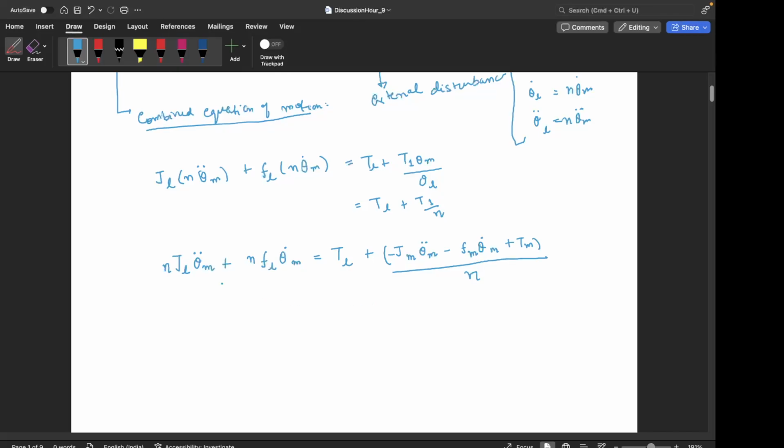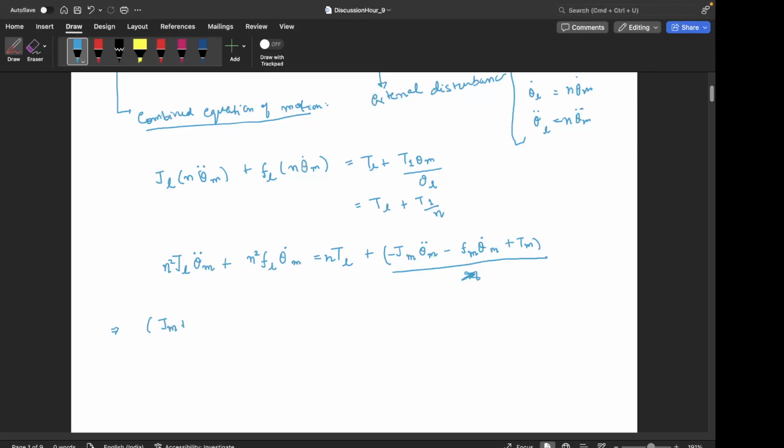Now we multiply n throughout this equation, so this becomes n square, this becomes n times TL, and this n goes away. Right, and we take these theta double dot m terms and theta dot m terms together on the left hand side, so this comes out to be